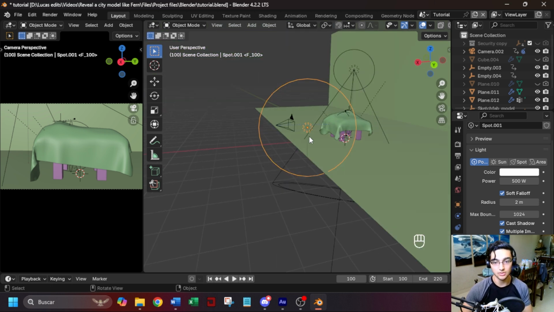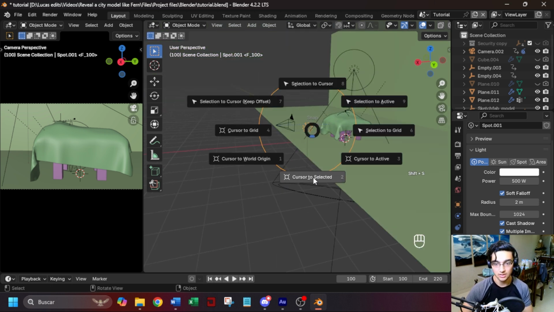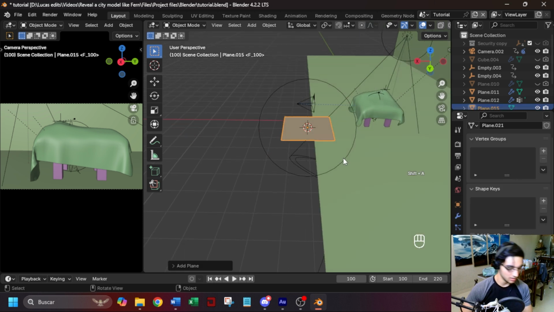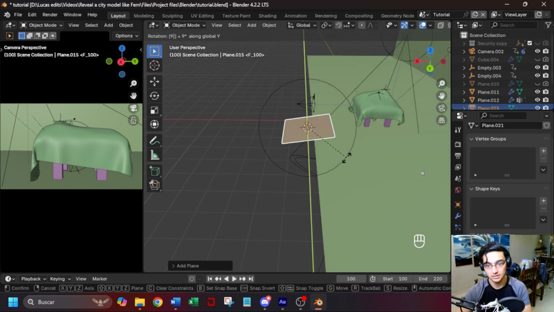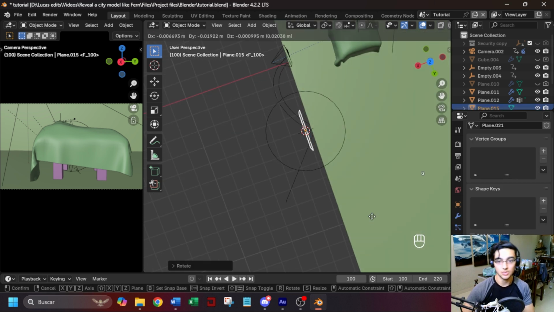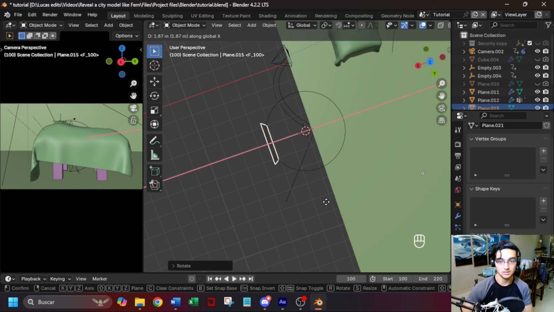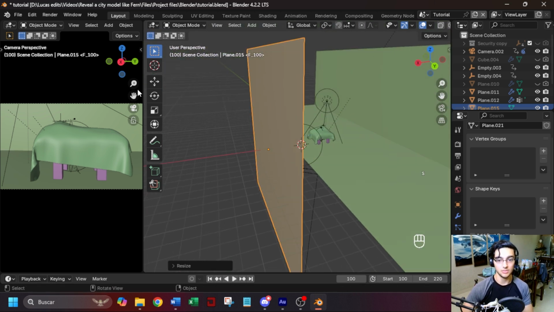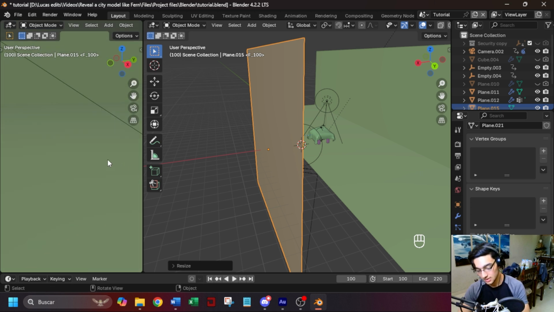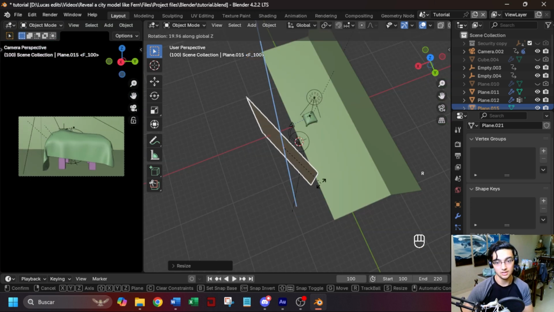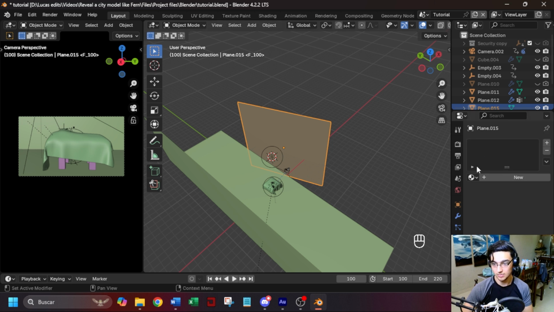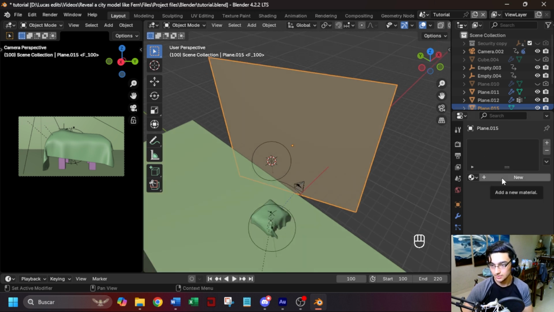And now I'm going to press Shift S, cursor to selected, Shift A, mesh plane, R Y 90, and now I'm going to press G X, something like this. I'm going to make this big. Then 0, R set, a little bit like this, and I'm going to apply a material right here,